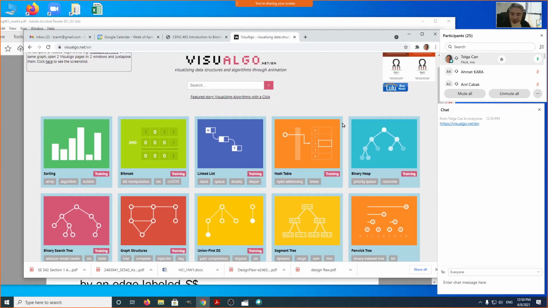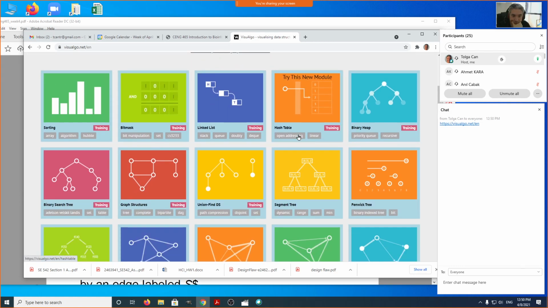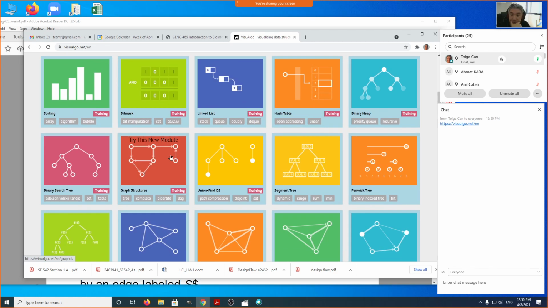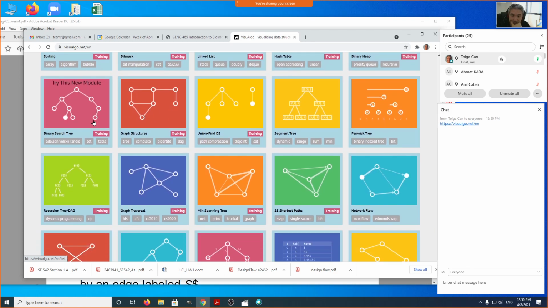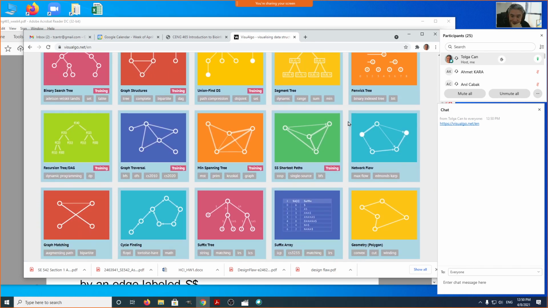There are really nice visual representations of different data structures, like sorting, linked lists, hash tables, graph structures, union find disjoint set, binary search trees,